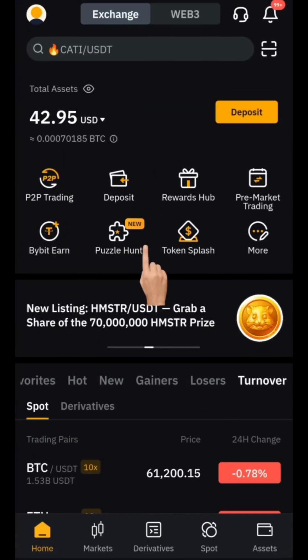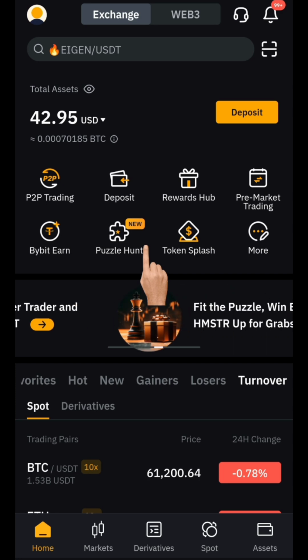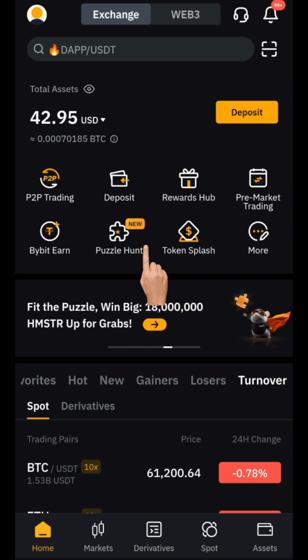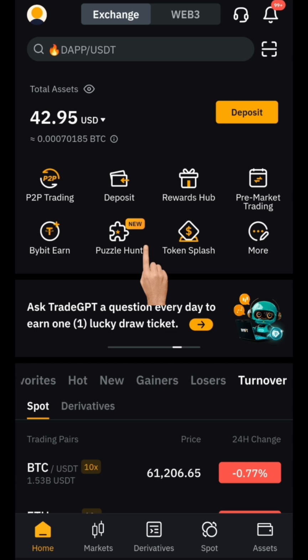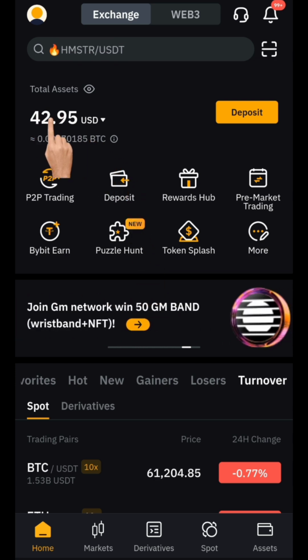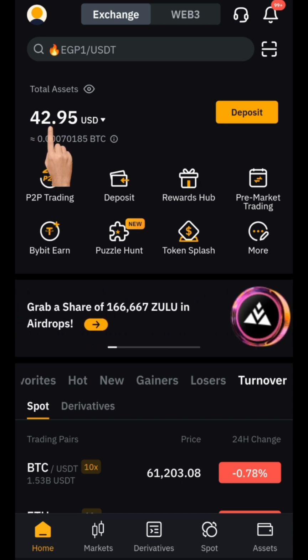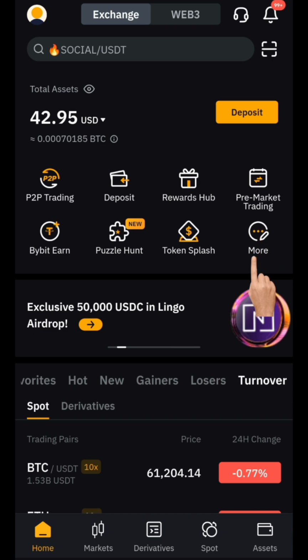Let's go. Okay, so guys, like I rightly said in the intro of the video, here we're going to be sending our fund from our Bybit accounts to our personal bank accounts. Here you can see this is what we're going to be using for the tutorial. Here you can see I have 42 USDT here, and so we're going to click on this button here